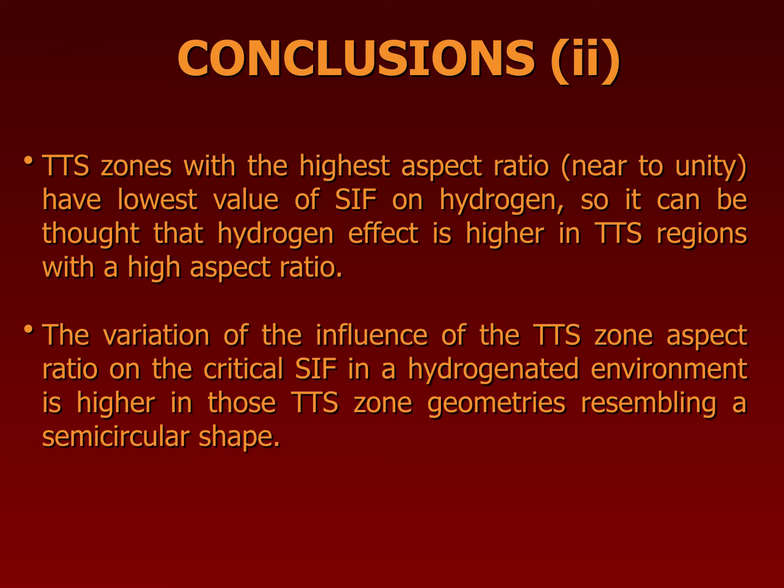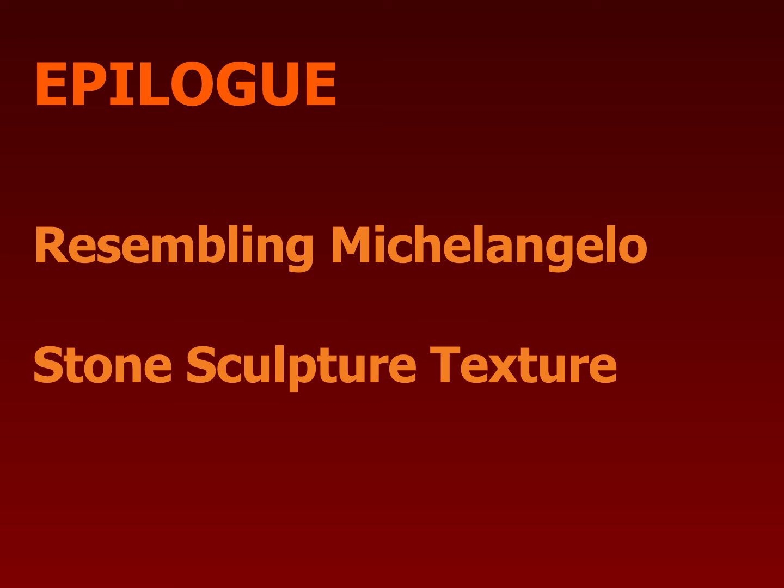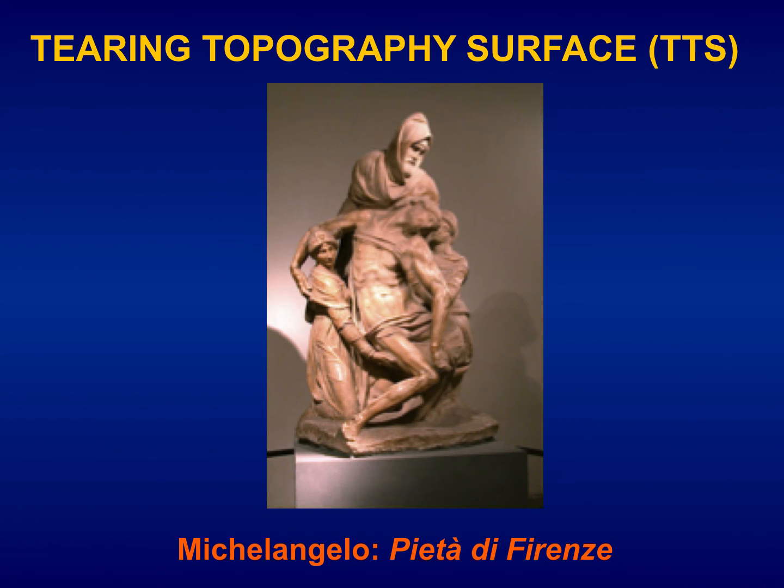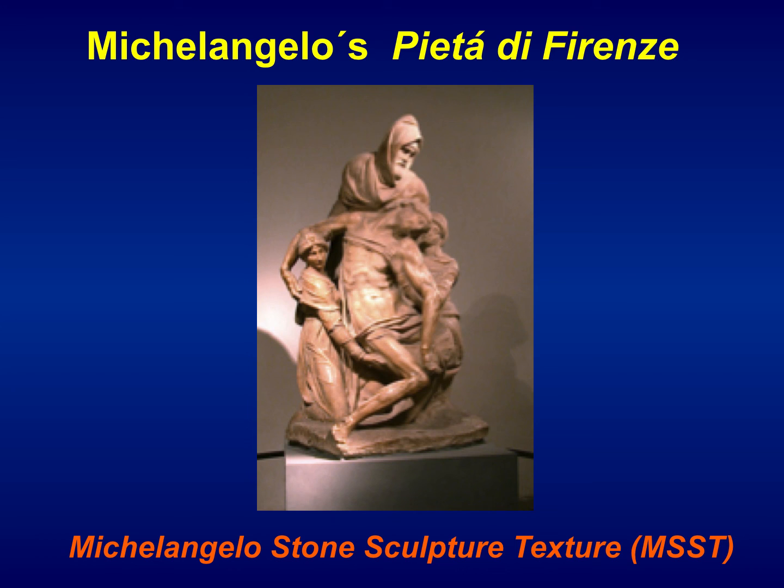After these scientific conclusions, an epilogue, resembling Michelangelo stone sculpture texture, which is the subtitle of this article. We have observed that this tearing topography surface, TTS, resembles the surface of the Michelangelo Pietà di Firenze sculpture, which is placed in the Museo dell'Opera del Duomo in Florence, Italy. Then this Michelangelo Pietà di Firenze represents Michelangelo stone sculpture texture, MSST, resembling the tearing topography surface or the aspect